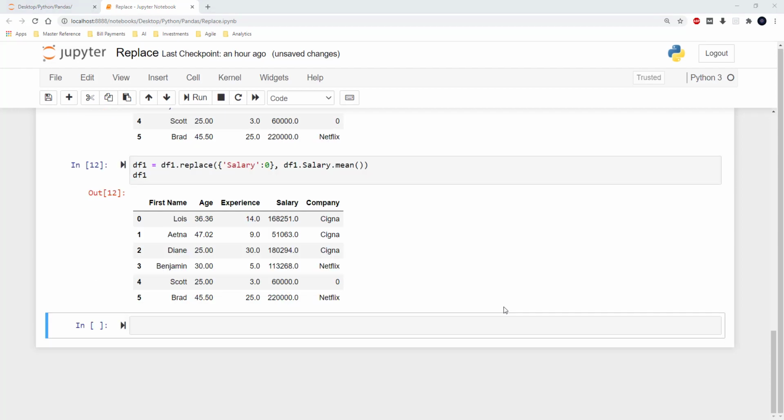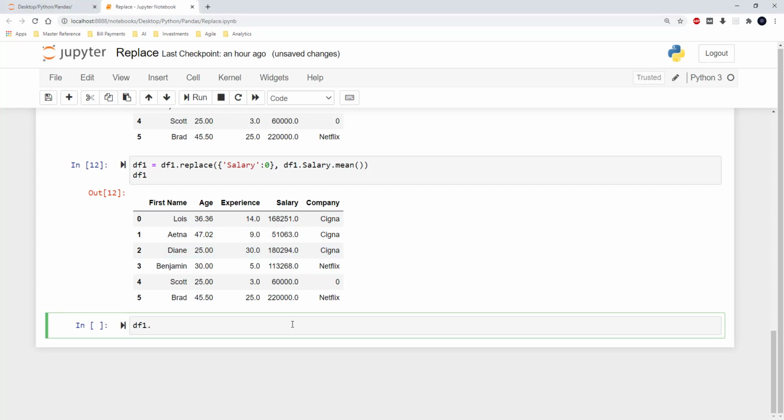So far we have been using the replace function to replace numeric values. Let's also check out how to replace string values. So here I have the company name as Cigna for the first 3 members, and I just wanted to change their company names to Aetna.